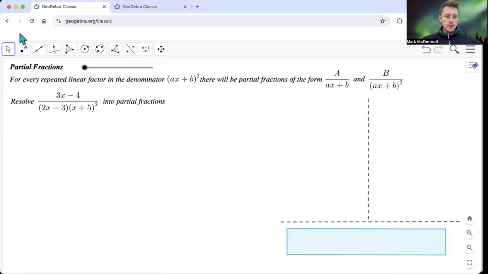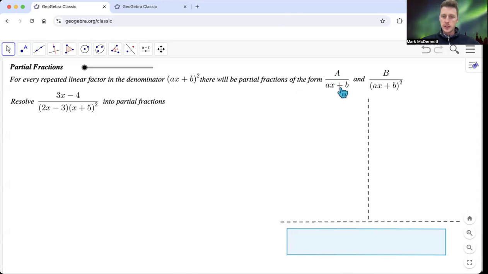All right, so we're going to look at partial fractions again. And this time we're just going to look at when the denominator is not two linear factors, but when you have what's called a repeated linear factor in the denominator. So you have something like (ax + b) all squared. And basically, if you have that situation, a repeated factor in the denominator, there'll be partial fractions